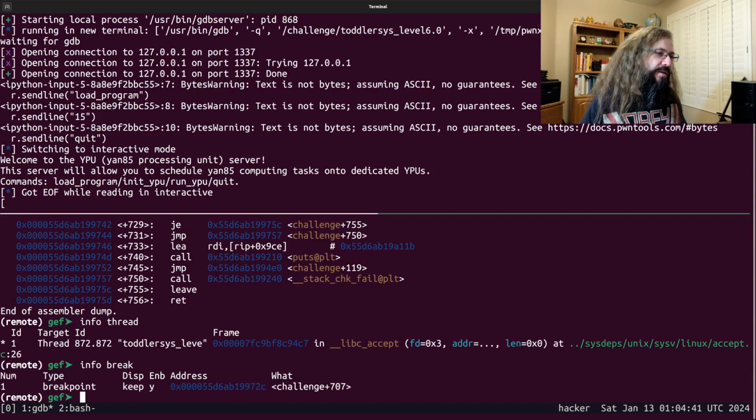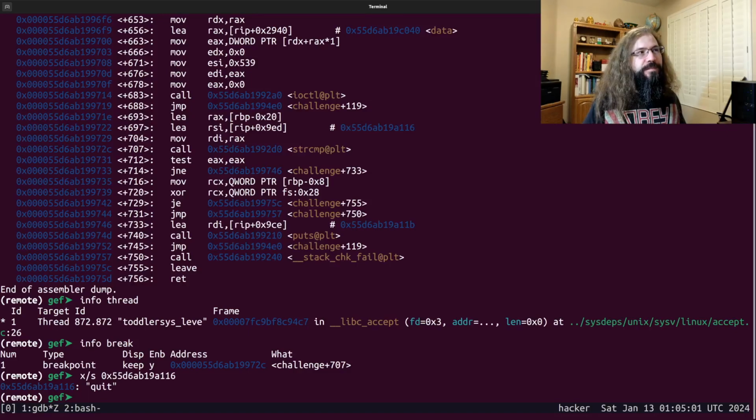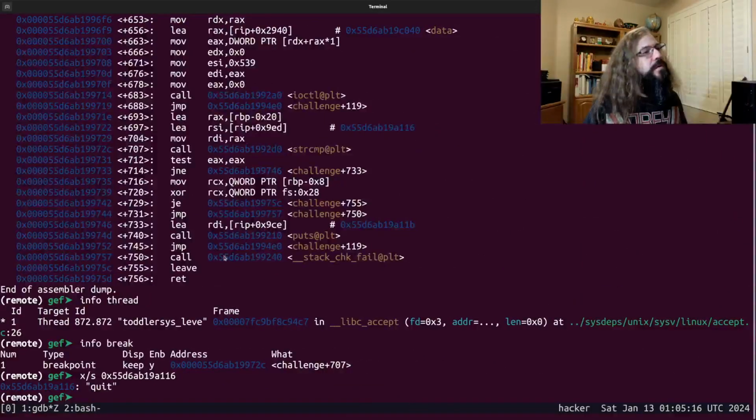Info break. So I did set a breakpoint at challenge plus 707. And when we looked here at challenge, we're at 707. This is the call to string compare, and this is the string compare on quit. So this should get called. And then this is the comparison that causes us to break. Right here, this jump not equals is equivalent to this break. It's just jumping us outside of this while loop. Right, at 733, this is outside the while loop, and this jump